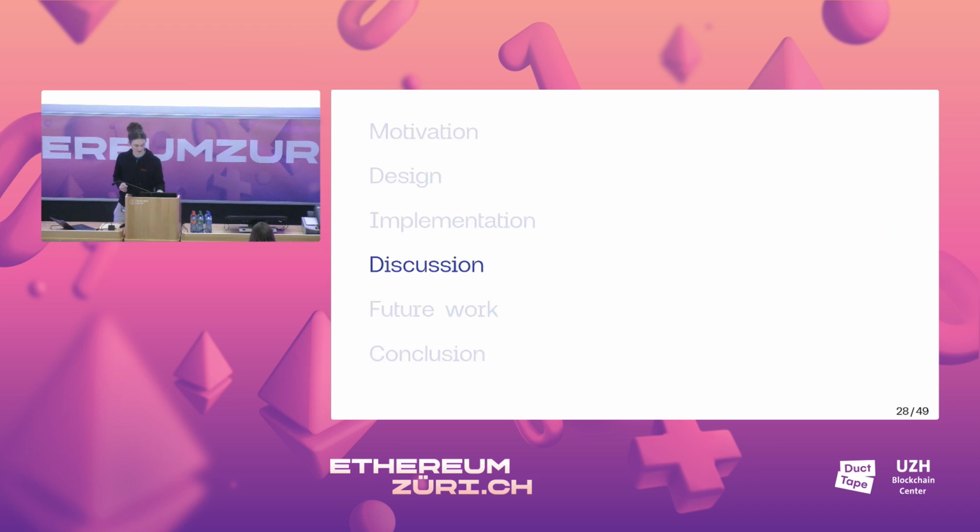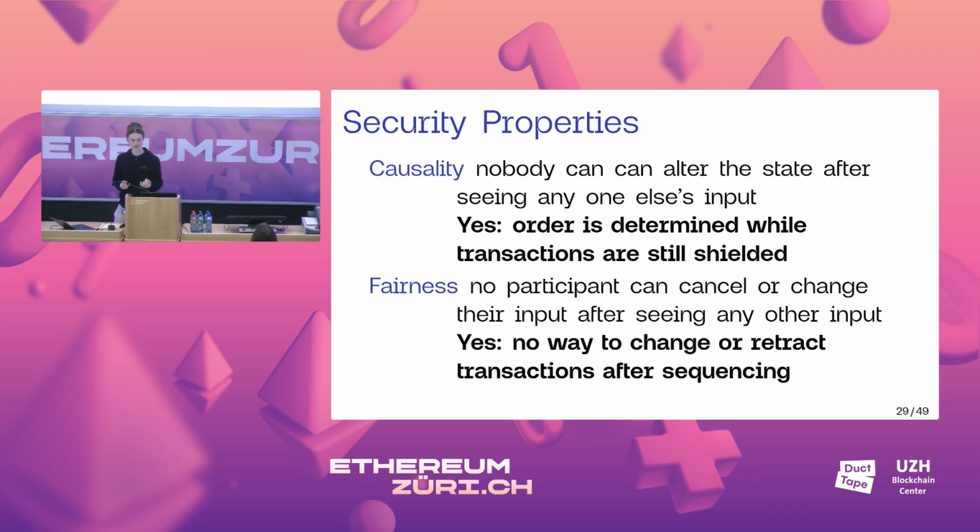Now, some results and discussions. First, we asked, did we achieve our security properties? We argue that we did because the causality is respected. The transactions are already ordered when they are revealed, so you can't go and alter the state. And we have fairness. We argue that we do because there's no way to cancel a transaction after it has